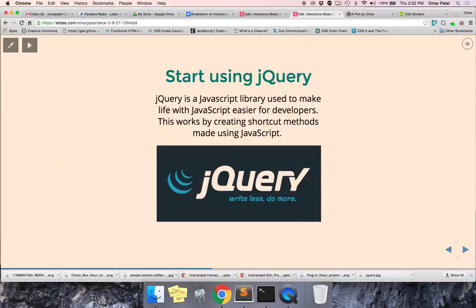So now what we're going to do is start using jQuery. jQuery is where actual programming is going to start, but it starts you off pretty easy. jQuery is a JavaScript library used to make life with JavaScript easier for developers. It works by creating shortcut methods made using JavaScript. JavaScript is a programming language, or technically a scripting language, but we're just going to consider it a